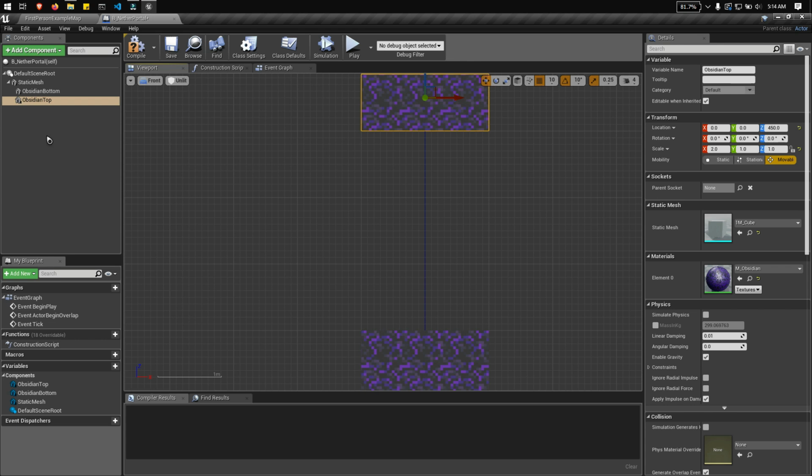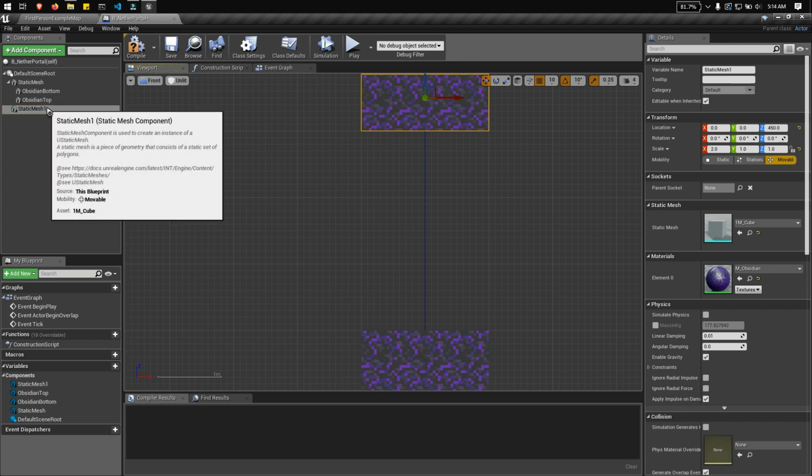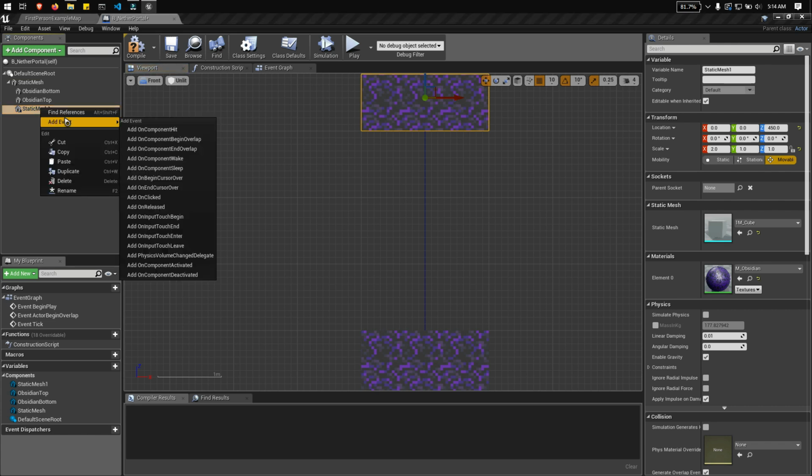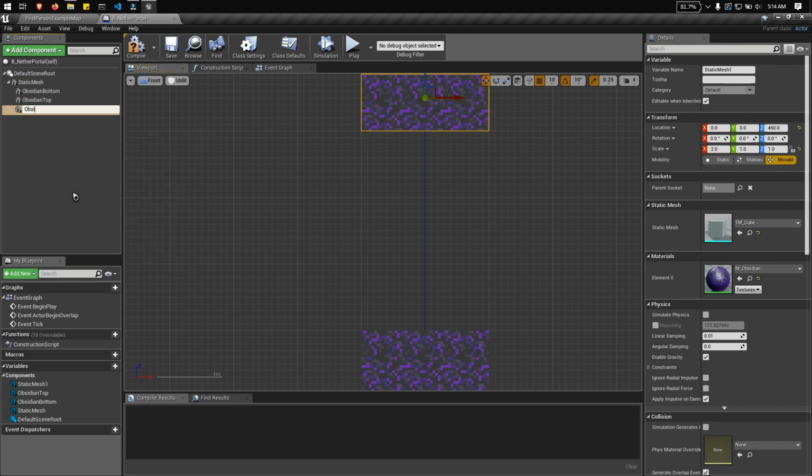So now, let's duplicate this one into another obsidian. Let's name this obsidian left. So let's resize it to fit the left side of the nether portal. So let's say 1, 2, 3, 4, 5.